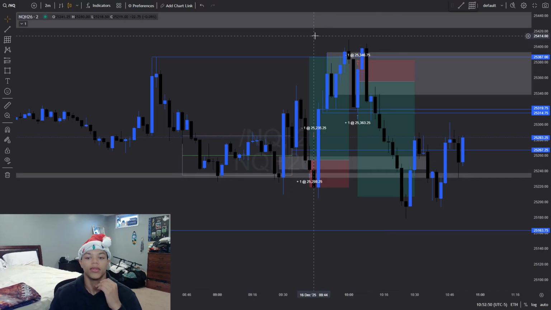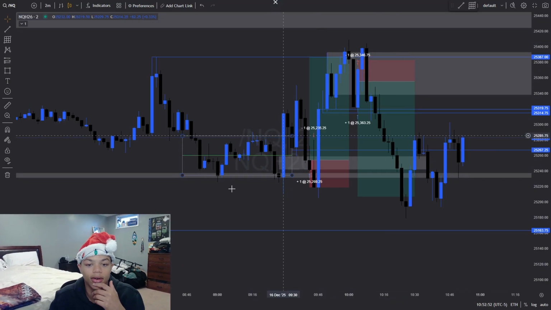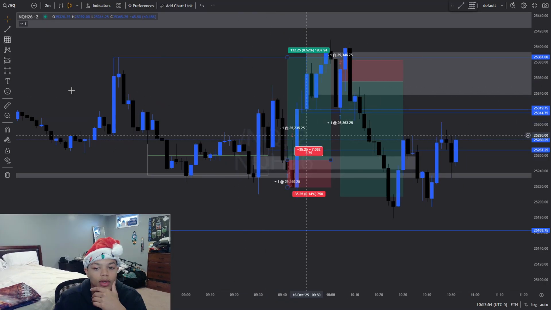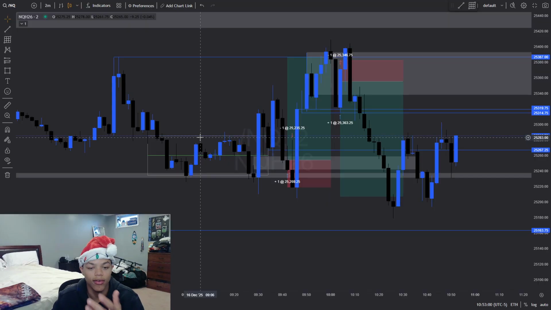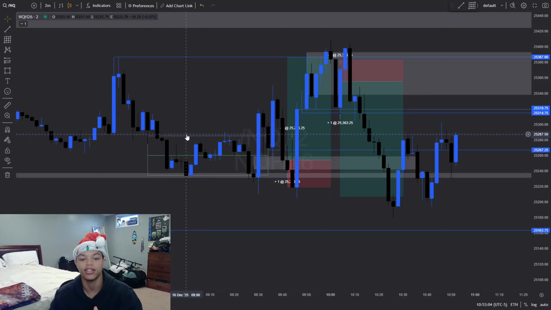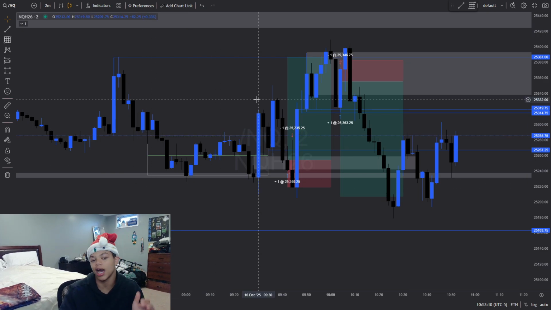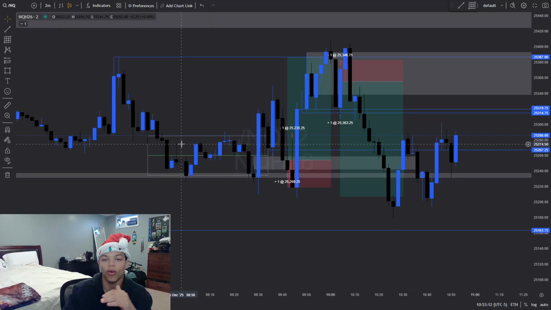All right, so I see that we didn't take out this level of liquidity, and I see that we pushed higher than our buy side level. Since it's clean enough, I can use this buy side level as that change in state of delivery, which just means I'm going to consider this top of the buy side as our equal highs.